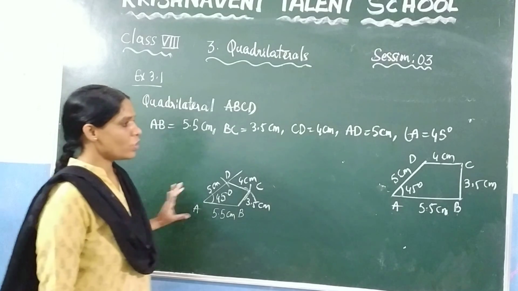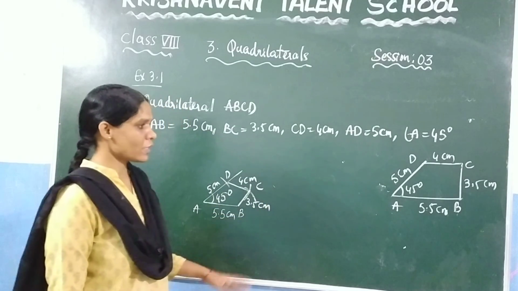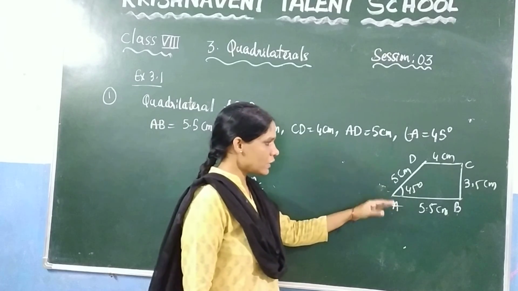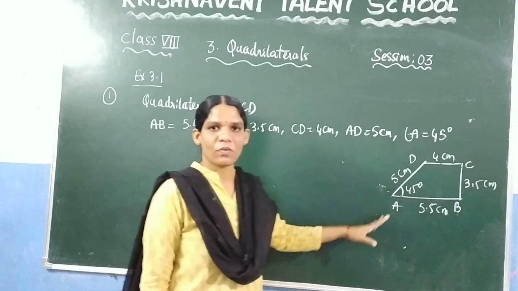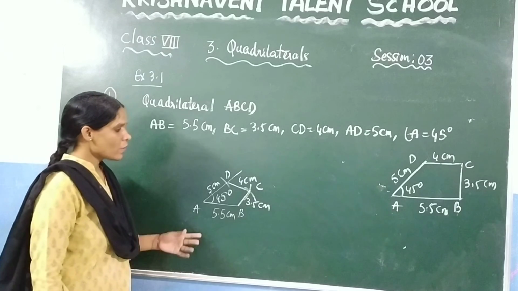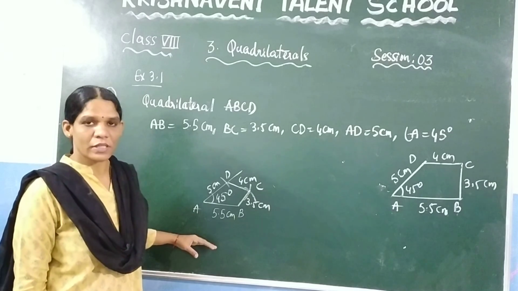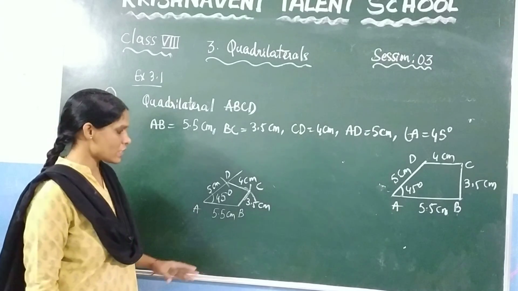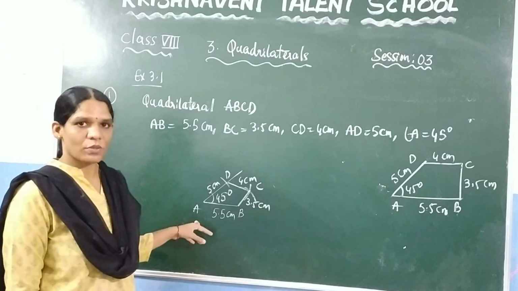First you need to draw the rough sketch, and you need to check which angle is given. If you take that value as the base, you will get the quadrilateral exactly. Now based on this you can write the steps of the construction. How do you write the steps of the construction? First, I will say you can write it.